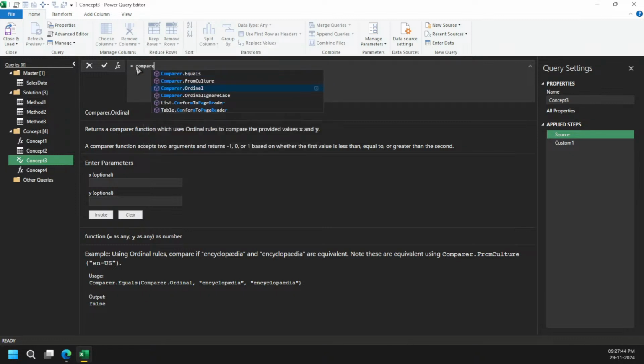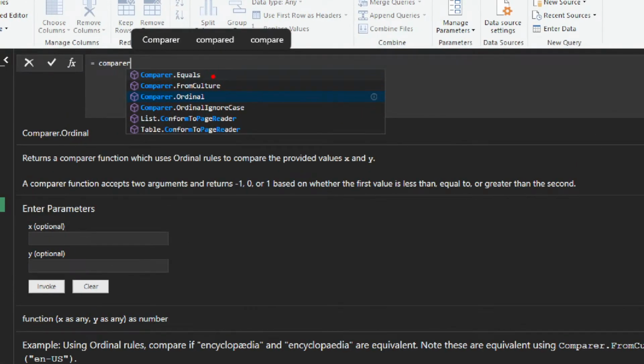Yeah. So if you see here, if I type comparer, let me zoom it. Comparer equals, so these four functions come and they form a family. The only thing is one of the functions is part of the family but has now parted ways. You can say that way.